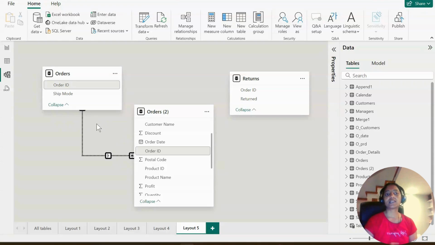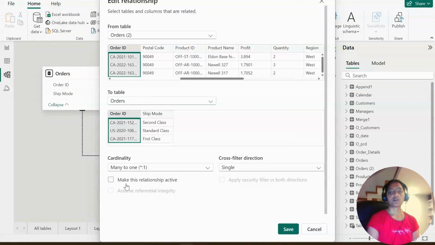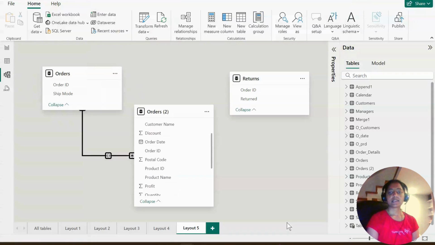So that is one key point that every one of us should be able to remember. And what happens if you change this particular arrow or the filter direction to both? Because there is an option to select single or both, right? Now, let's say if I select both and save it, you see that the arrow indication has changed from single arrow to double arrow, which says that